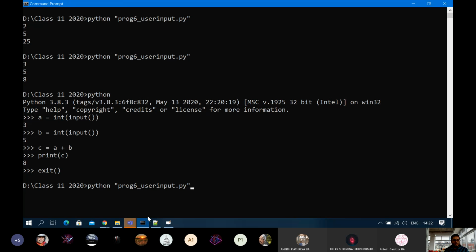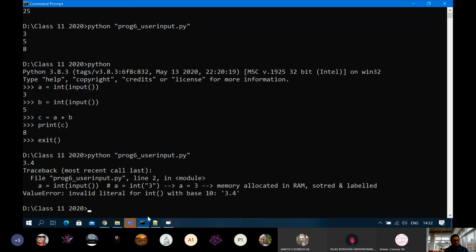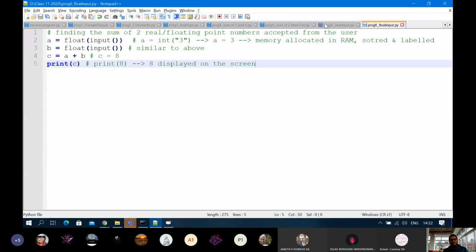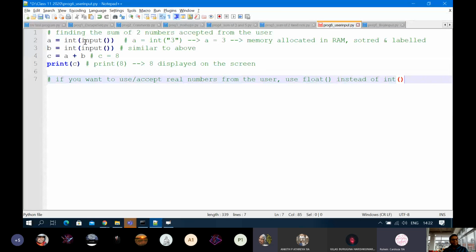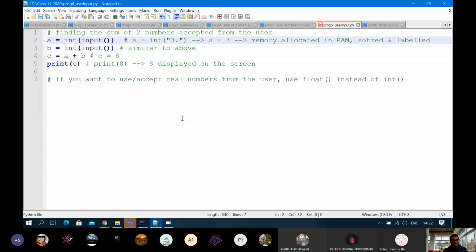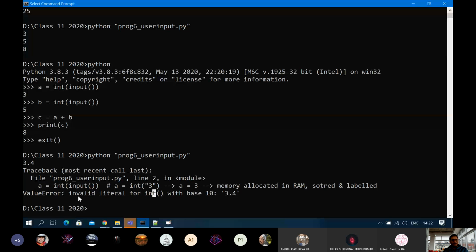ठीक है, यूजर इनपुट वाले प्रोग्राम को अगर यहाँ पे if you give 3 की जगह 3.4 देते तो देखोगे एरर दे देगा. Why? एरर क्यों दे रहा है? 3.4 isn't an integer. हाँ, because whatever you gave यहाँ तक कन्वर्ट हुआ वो. The input function worked properly. उसने 3.4 दिया. But int tried to convert 3.4 to an integer and it found that it was not an integer. So it complained. Invalid literal, int literal. मतलब invalid integer type.